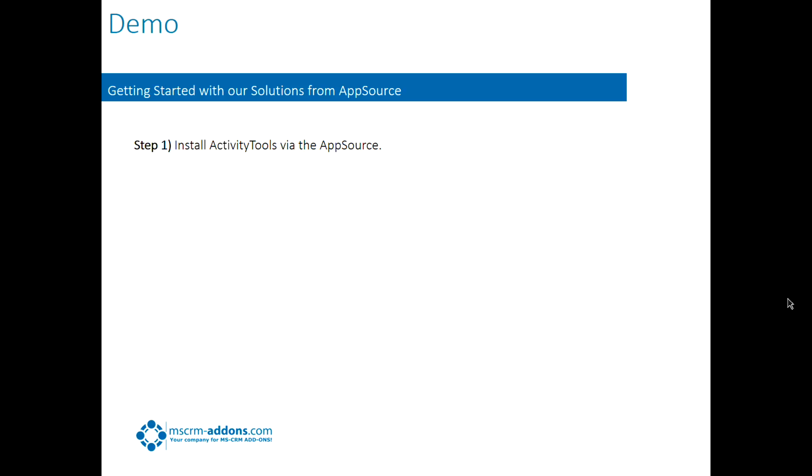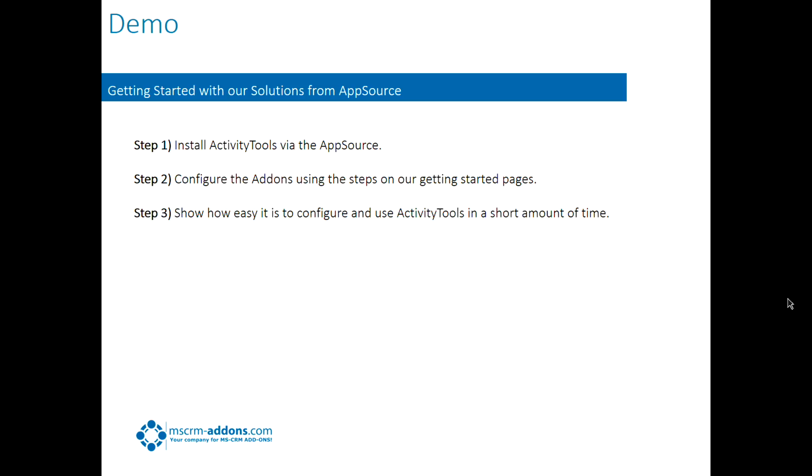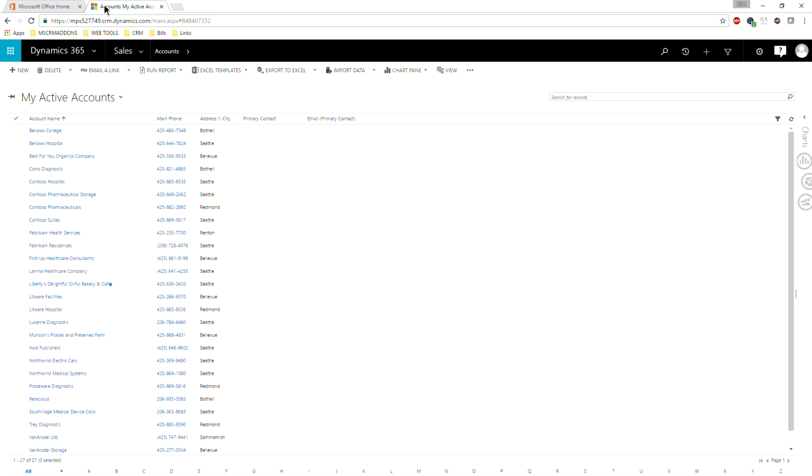So the first thing we're going to do is install activity tools from the AppSource. Next, we're going to configure the add-on using the steps on our Getting Started page, show you the Getting Started page and what that all entails. And lastly, we're going to show how easy it is to configure and use activity tools in a pretty short amount of time. So what I've got here is